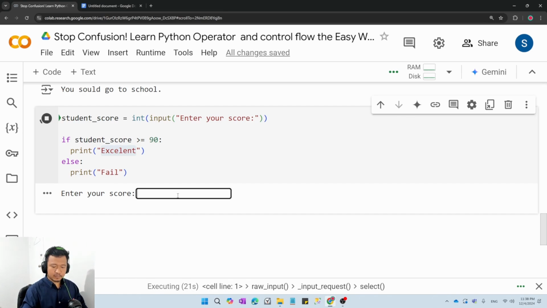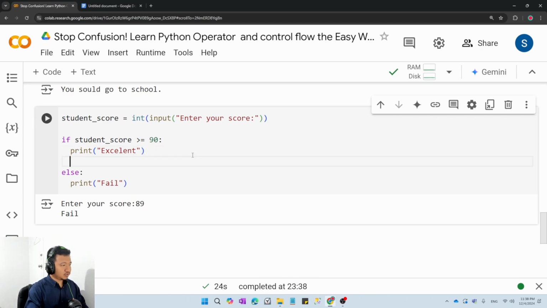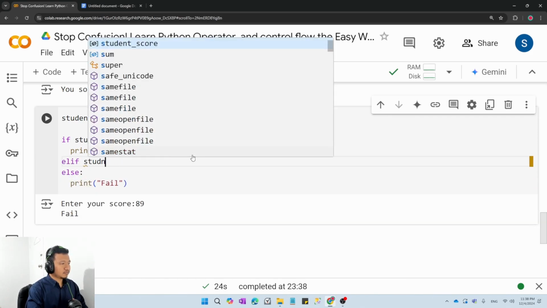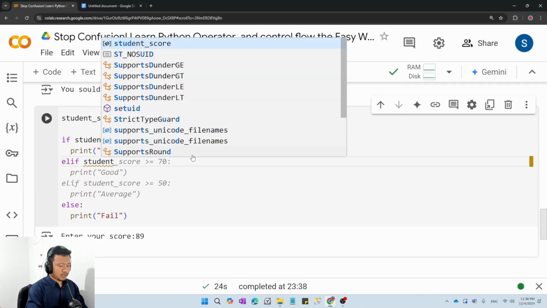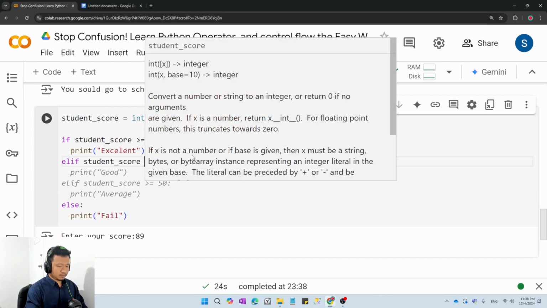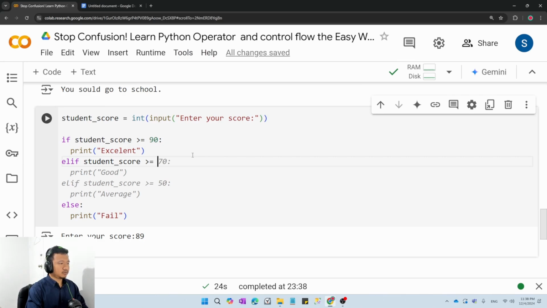So let's say 89 together. Yes, fail. But look, it is not good. It's not a standard mark. So I introduce another one, elif. Suppose student score greater than or equal